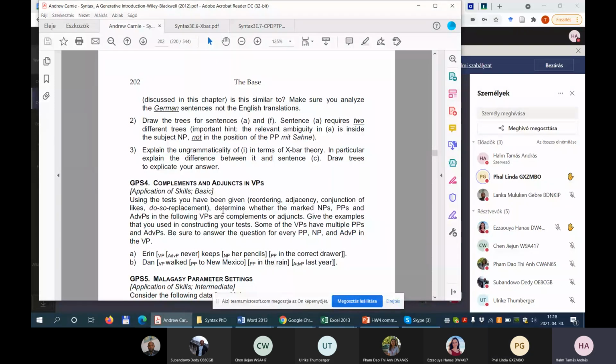It's maybe not the most natural way of putting it, but it's absolutely grammatical. So yes, based on this argument, if you play with the orders, looking at these three, the two PPs, to New Mexico, in the rain, last year, I think almost any order works. Or we can say, Professor, last year then walk to New Mexico in the rain. Yes, you can even move it to the front, but that's a more complicated story. I wouldn't go into it here, but